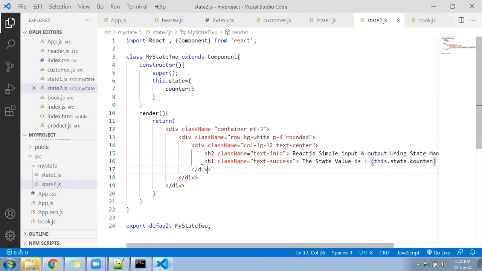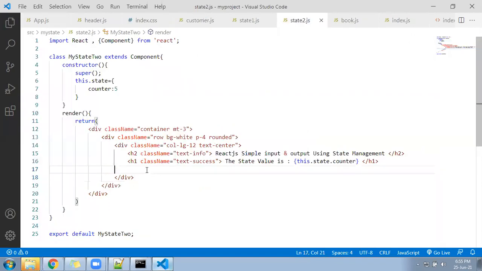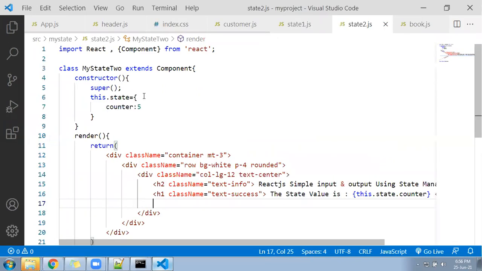Let's go and create a button first. We'll create a button here. We'll write button.